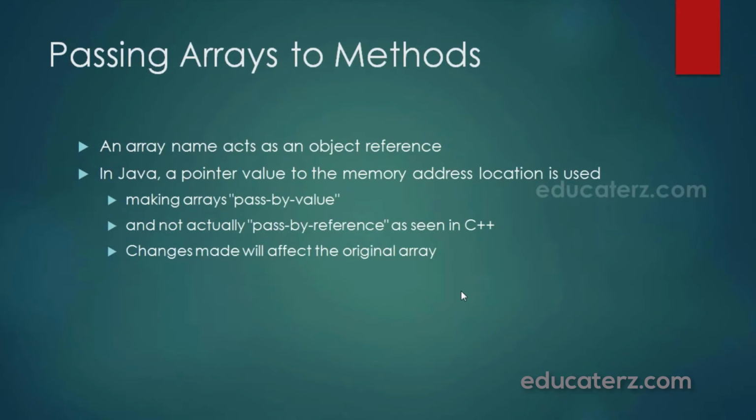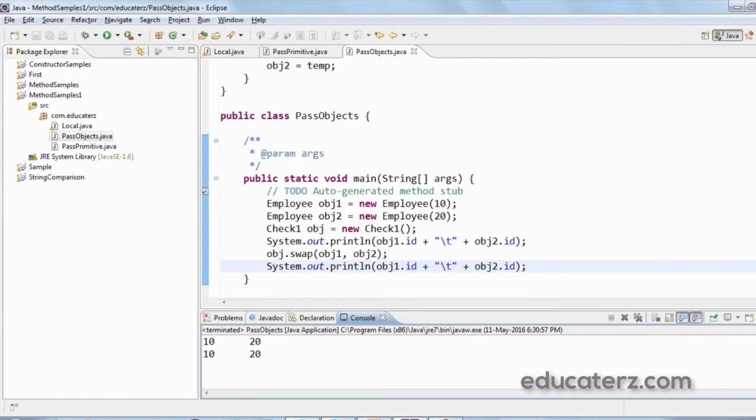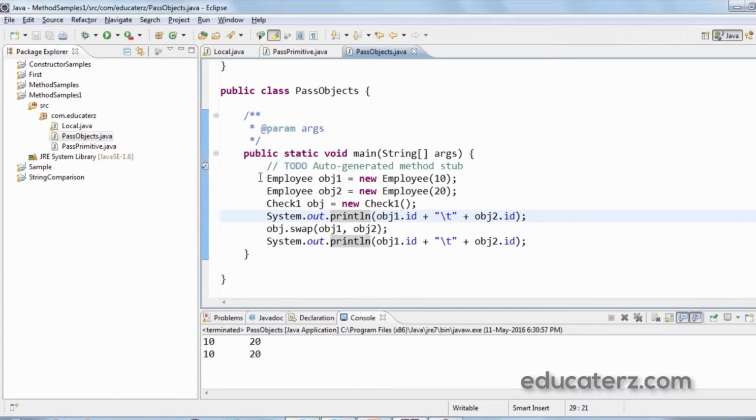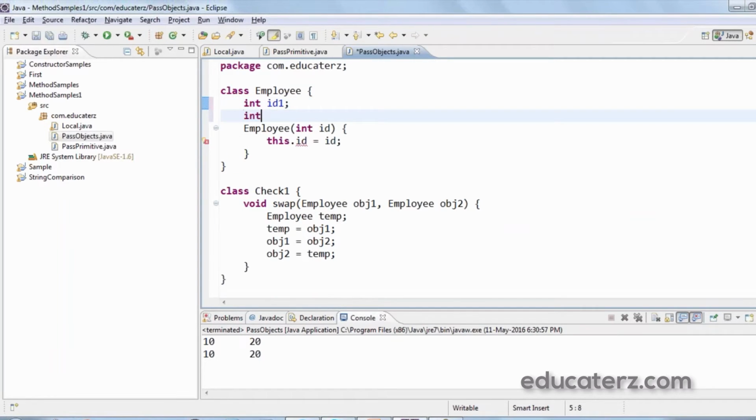Next is passing arrays to methods. Before knowing how to pass arrays to methods, let's see: if I wanted to interchange obj1 and obj2, the values never got interchanged. But if I want the values to get interchanged, I can make a small change here. Instead of using one id, I use two ids, like int id1 and int id2.